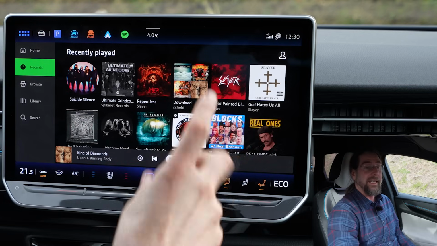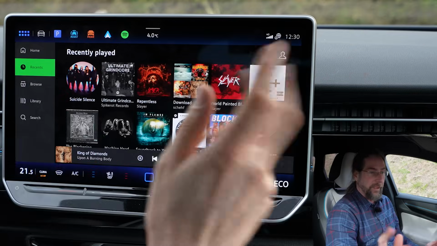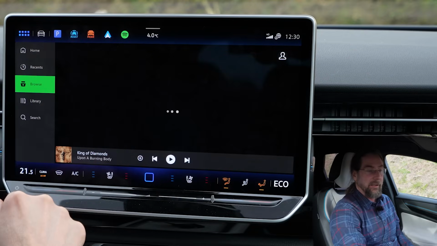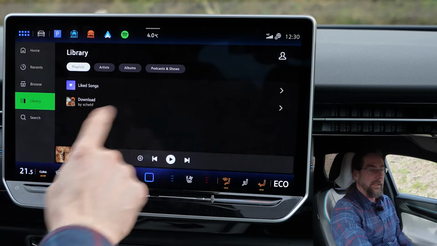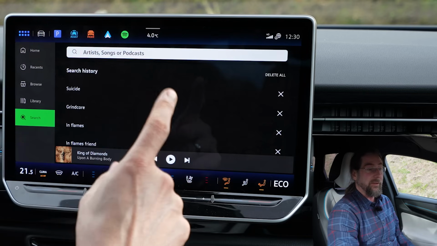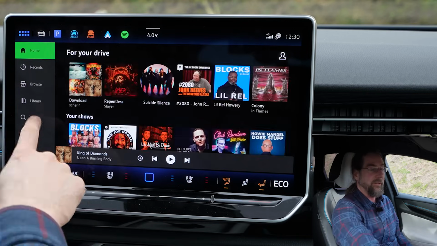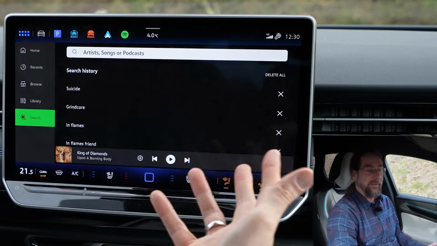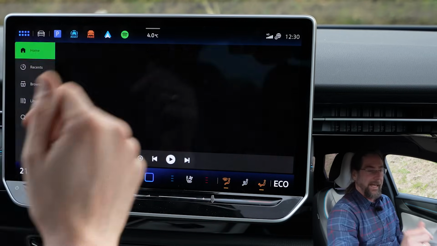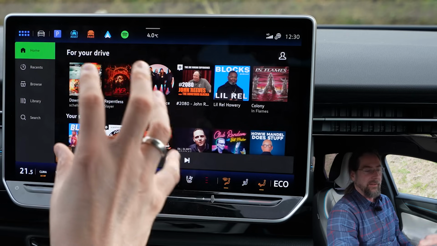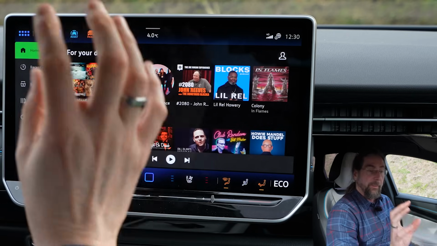It uses the data of your 4G connection and it's included in WeConnect. So it's for free. It's in the contract. You can browse. You can have your library here. You can search for stuff. You cannot use voice command. I tried that. It didn't work. So if I say search for a band or something, play a band, it doesn't do that. And it is still missing a few functions that the normal Spotify on your phone has,